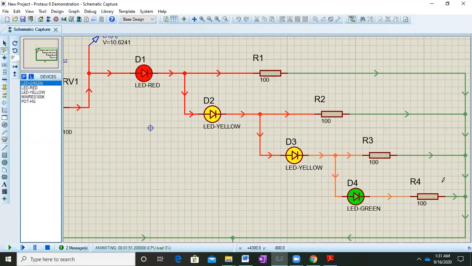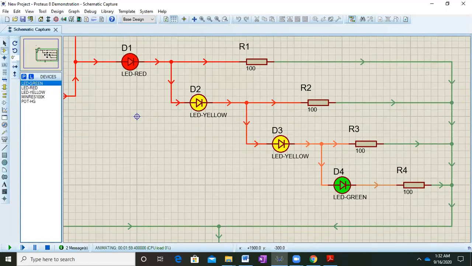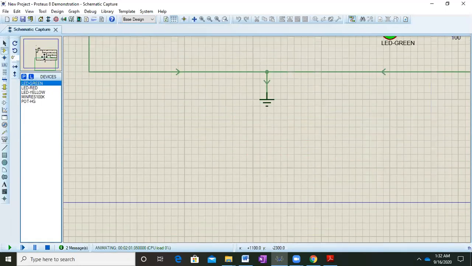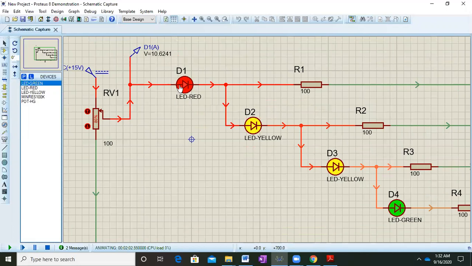So this will directly give you the values, and do this whenever all the LEDs are on. That means the supply voltage should be somewhere around 10 volts. So right now is a good point. Whenever the supply voltage is at around 10 volts, at that time you can measure the values of VD1, VD2, VD3, VD4, R1, R2, and R3.